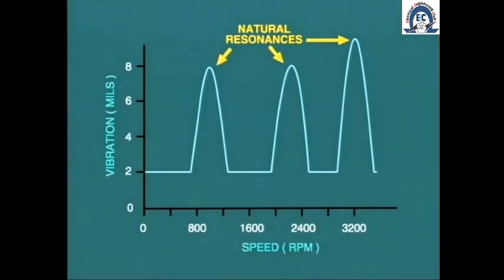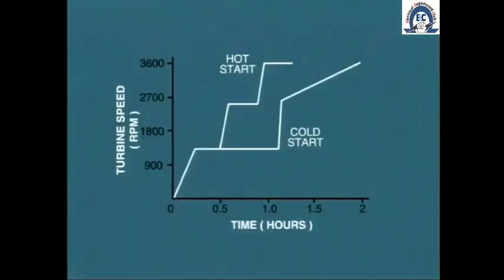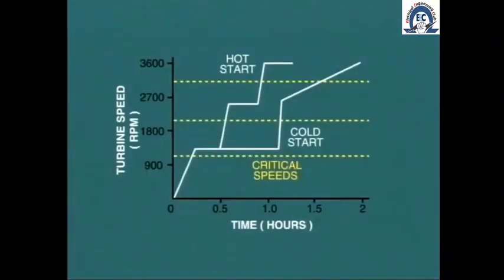Well, as our rotating mass is made up of several rotors, for example, the high-pressure and low-pressure turbine rotors and the generator rotor, we may have several critical speeds. The specific speeds will be indicated by the manufacturer. And in fact, the run-up curve provided will make sure that the rotor is not allowed to dwell at any one of those speeds. If you have an automatic start on your machine, no doubt the run-up